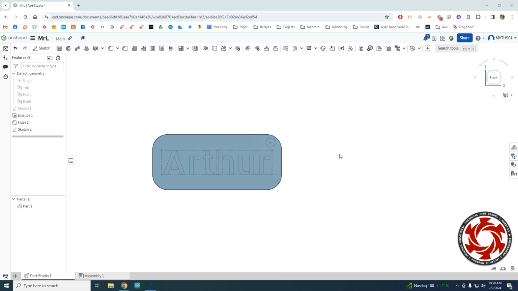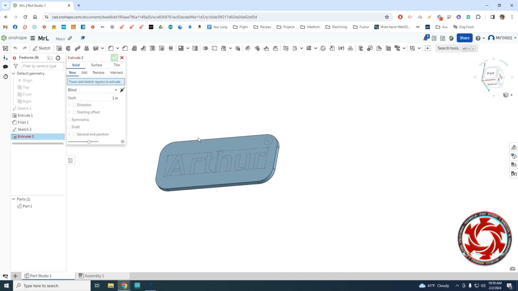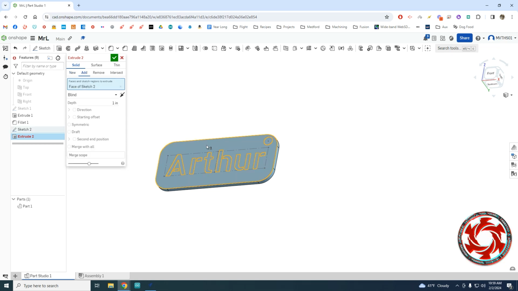With our text and circle in place, it's time to use the extrude tool to remove that material. So let's go ahead, again, let's turn this, if it's not, just to a little bit of an angle like so. You're using the holding down on right click to do that. Let's grab our extrude tool, and if we just kind of highlight the face here,